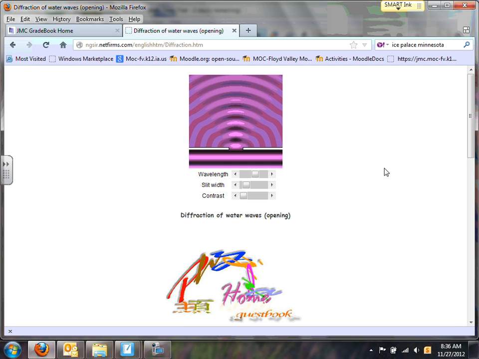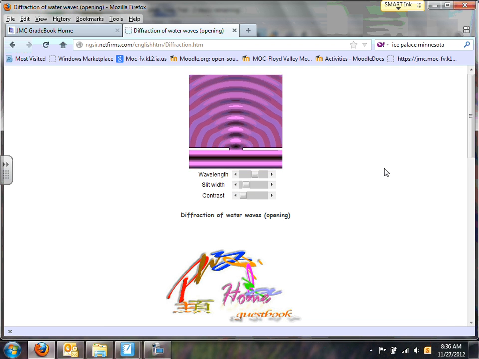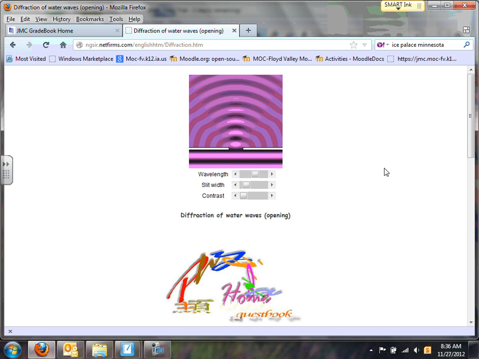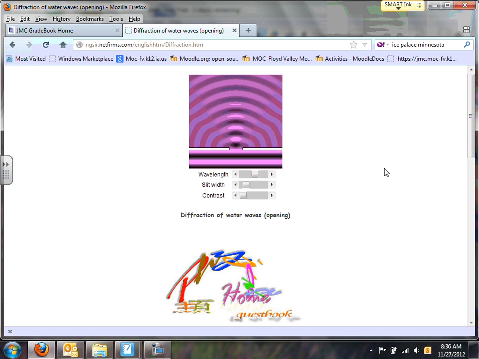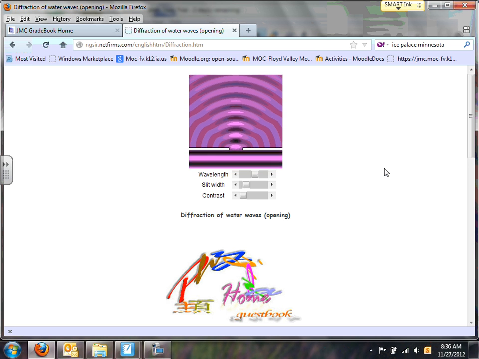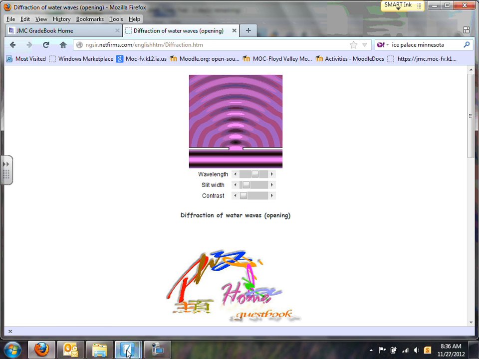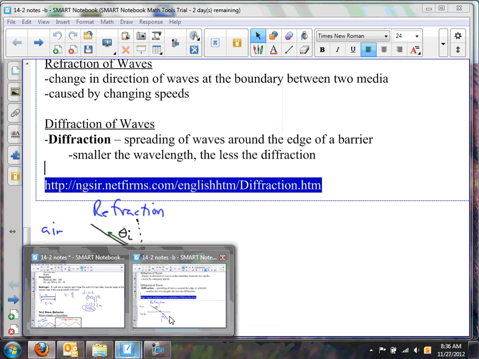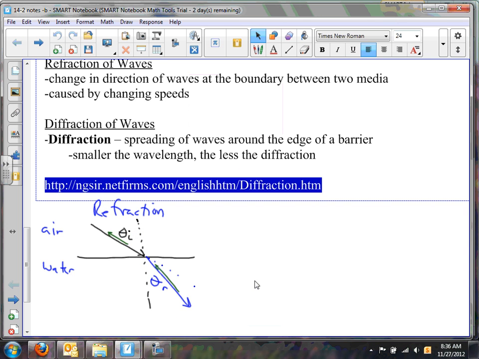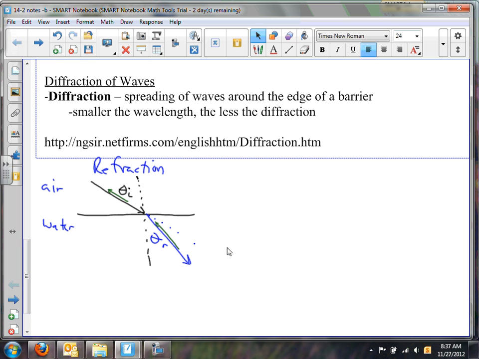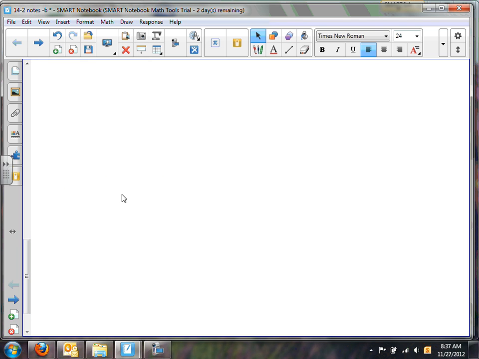So this is kind of showing you diffraction. You've got a hole here. Waves are coming towards that, and you can see that it's kind of bending around the corner and kind of making little semicircles and such. So that's what diffraction is. You can go to that website and play with different wavelengths and see how that affects it. The other thing to show you with diffraction,